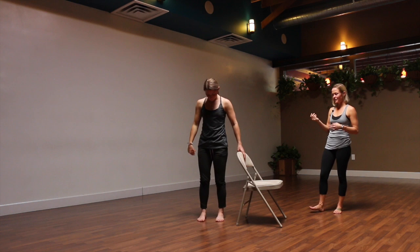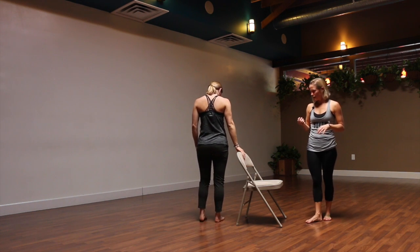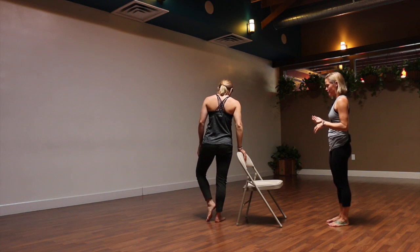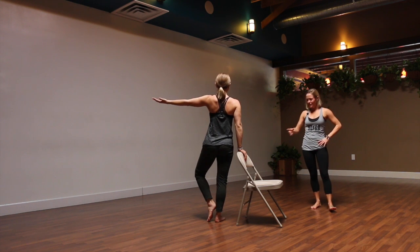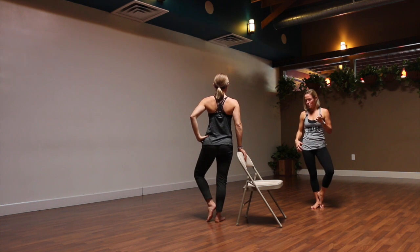You can just flip it around. Right hand's toward the chair. Now you guys can see the other side. So weight toward your right foot, left foot comes up. That's the other side, right? Nice. Left arm can go out long, or you can always reach it to the sky or place it on your hip. Awesome, so she's starting again with her foot on the ground, arch of her foot toward her ankle,